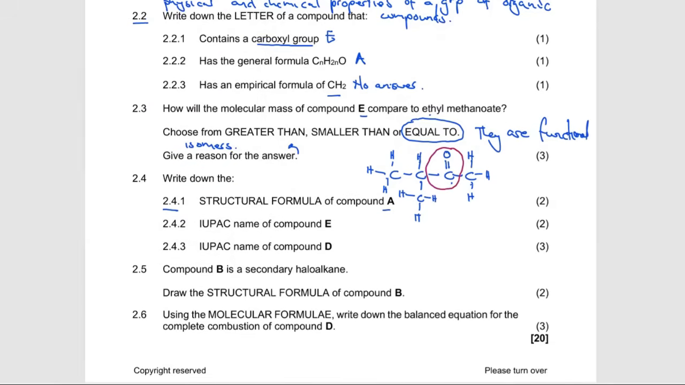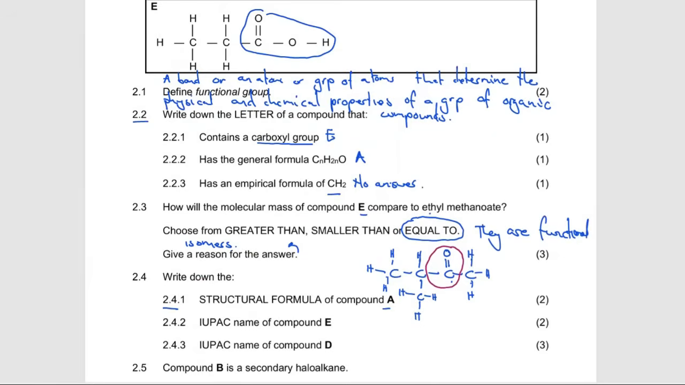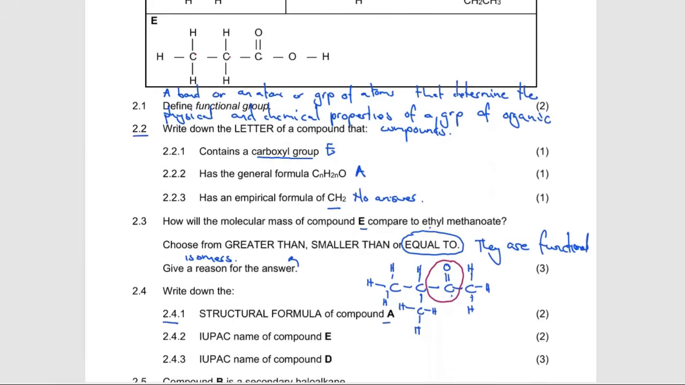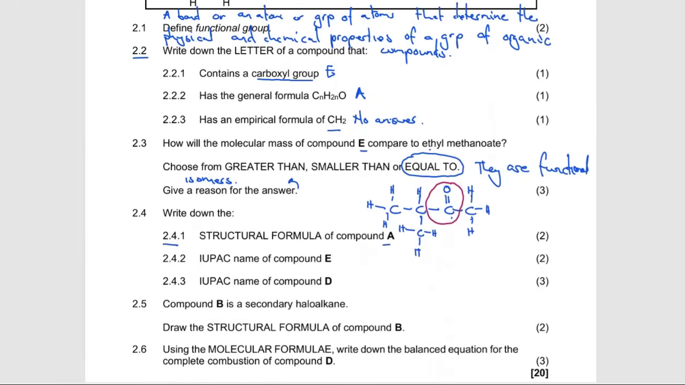Then moving on to 1.2.2, 2.4.2, it says the IUPAC name of compound E. So we're looking at E there, right? In terms of our E, we can see it falls under carboxylic acid, right? So in terms of our carbons, we have 1, 2, 3. The longest chain is 3 carbons, so it's propanoic acid. So this one is going to be referred to as propanoic acid. So the IUPAC name of compound E is propanoic acid,